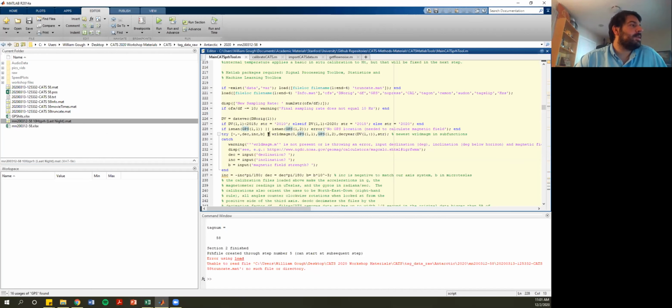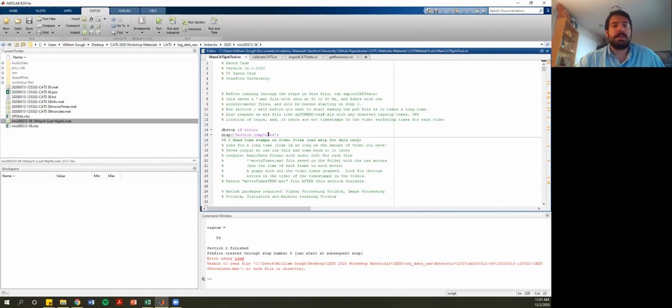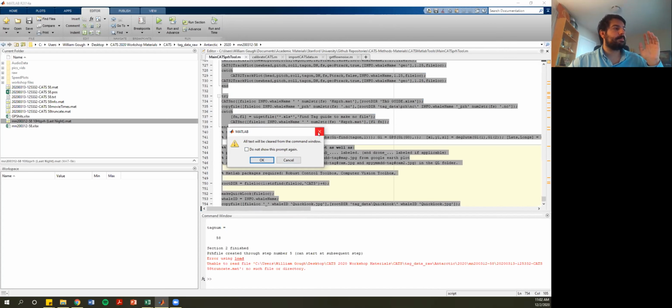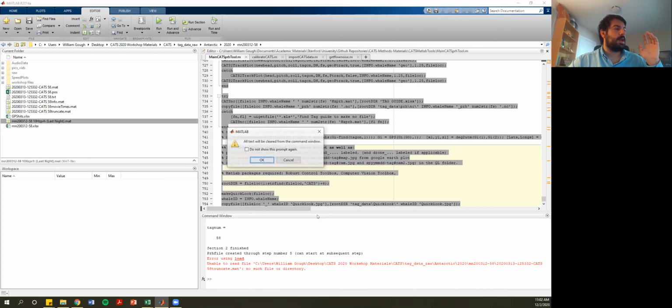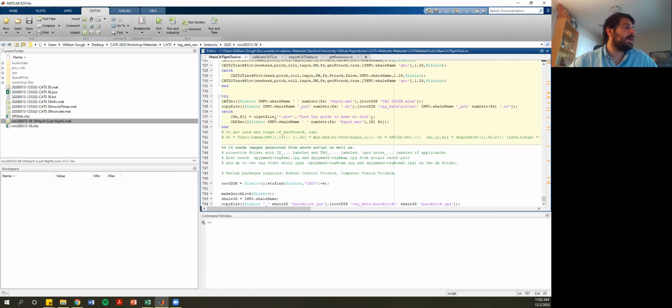Okay, so what I'm going to do, like Dave said, is basically assume that I worked on this yesterday and I got through step 5, and everything worked out through step 5. And then I had to leave for some reason. And so I'm coming back to it this morning and I'm trying to start at step 6. I don't want to have to go through the whole thing again. So what I can do here,